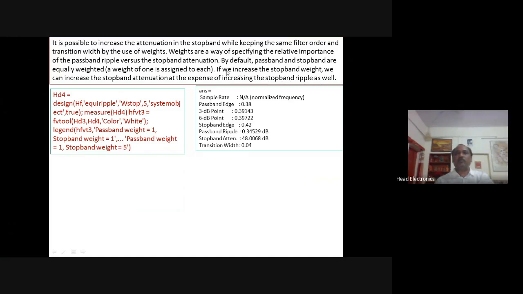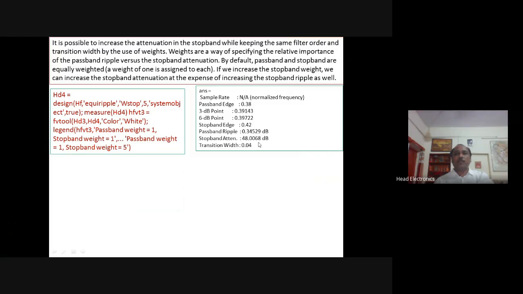However, by default the pass band and stop band weights are the same and both are assigned as 1. But if we are interested to increase the stop band weight, then we can increase the stop band attenuation at the expense of increasing the stop band ripples as well.